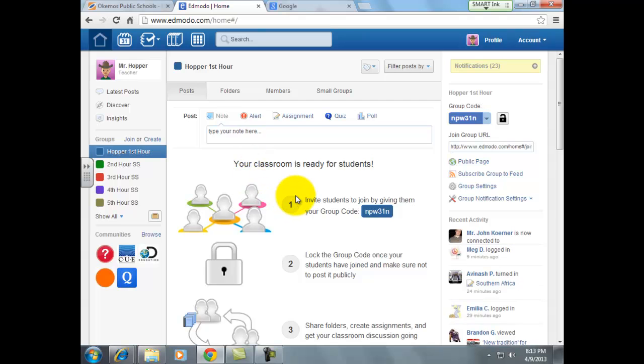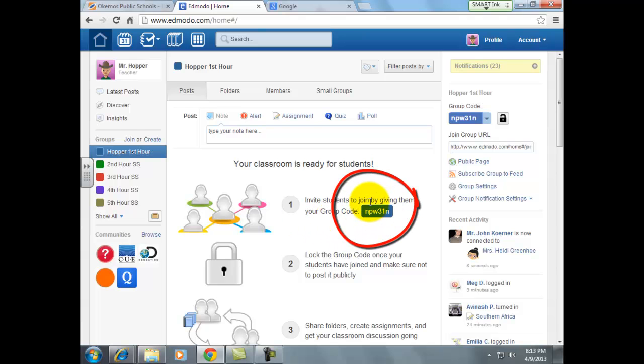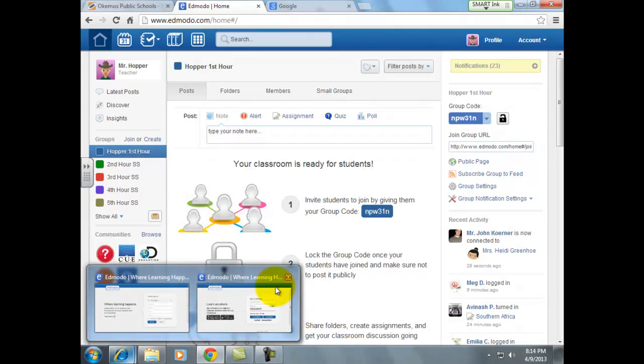which is another kind of key thing you're going to want to think about, which I'll help you with in the next little feature. But it's all ready for students, and as you can see, they are going to need this little special group code, which is written here, and it's also written up here. It's nothing you have to remember longer than a minute or so, and nothing your students really have to remember for more than just a brief period of time as they get themselves set up. It's just a sort of a one-time thing. But let's walk you through that too. So the code for this one is